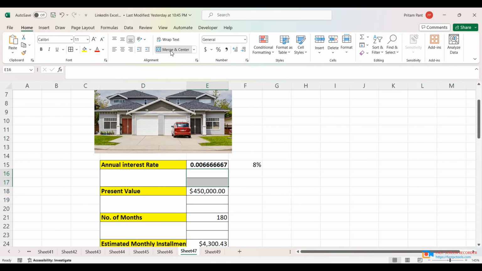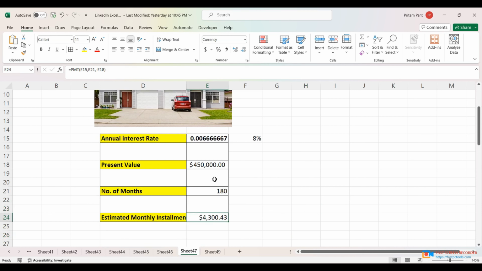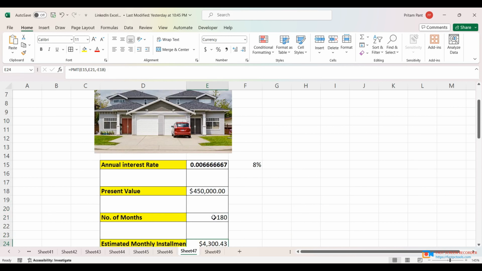So I made it in this format, and whatever format you like, you can do in that format. I just made it normally. You can make a better design, more interesting and more attractive. So this is the way you can find out the monthly installment of any home or any vehicle or any